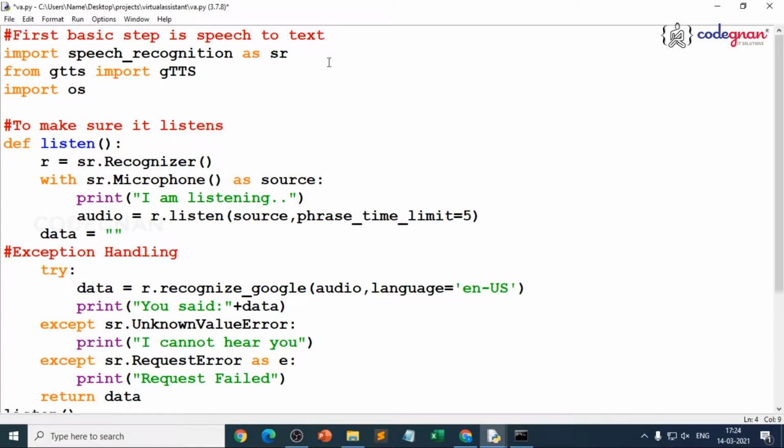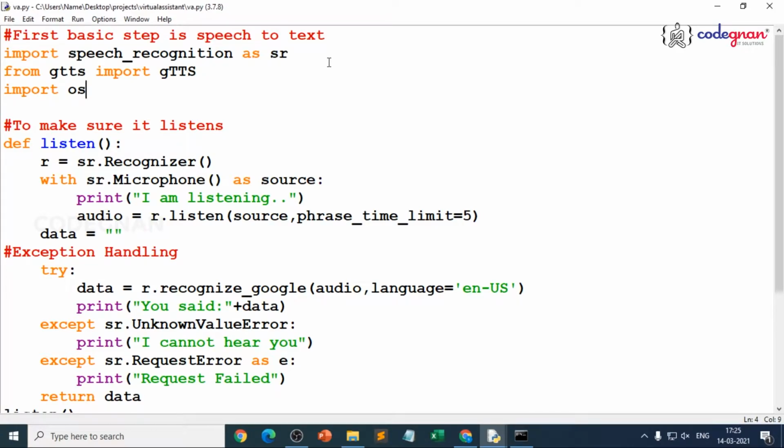In some cases if you have any errors with that, you can let me know, because it depends on the version you're using. That is the reason I said to use Python 3.7. If you use Python 3.8, you may have some issues with speech recognition, but if you clearly follow what I'm telling in the video, you can easily debug it. If you're still unable to do it, I'm there to help you out, because OS will make sure that you don't need to delete those files manually. In such a case you would need to import some other random module, but as of now we can use only OS. It is fine.